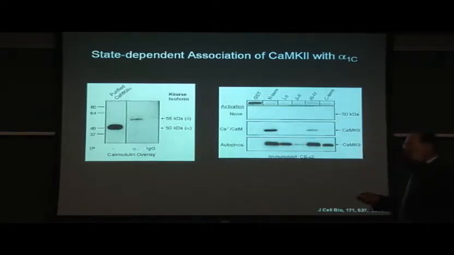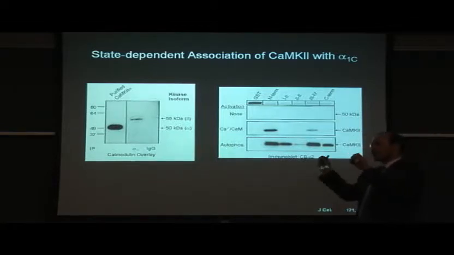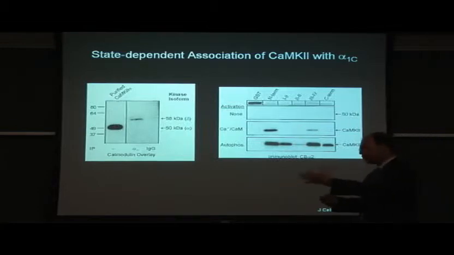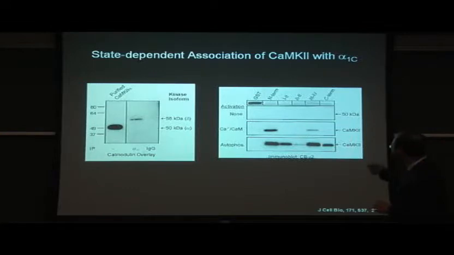the GST fusion proteins, bind them to the beads, and then we add purified CaM kinase that's either not activated, with just calmodulin, or allowed to undergo the autophosphorylation. And so allow them to interact with the purified fusion proteins on the beads, then wash them extensively, and then this is an immunoblot for CaM kinase 2.